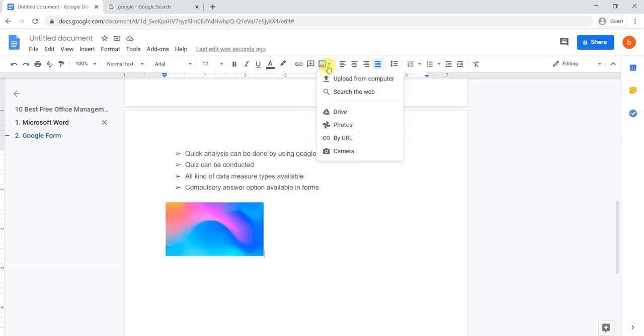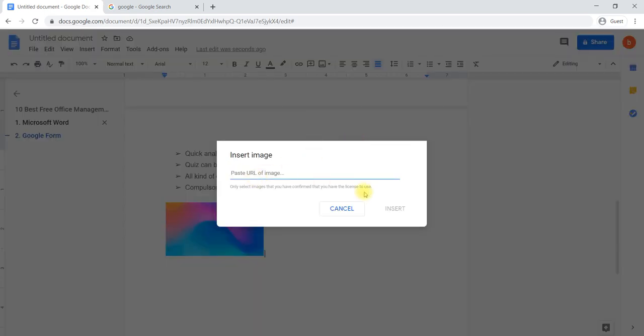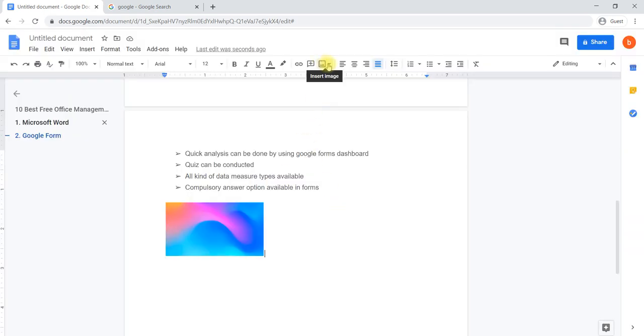And another option in inserting an image is Photos. That's one more application by Google itself, where you can store all your personal photos in that particular folder. By URL, in the sense, by selecting any link from any website, you can paste it directly, and we are able to insert an image by selecting a URL. Or we can go with the camera, which is nothing but taking a selfie. If you have a front cam in your laptop or mobile, you can directly take a selfie and attach that as an image. This is about inserting an image.